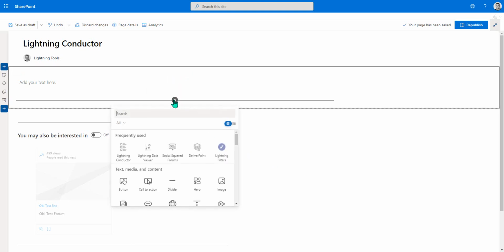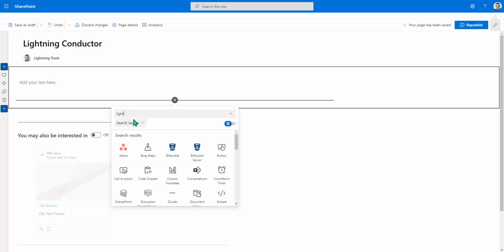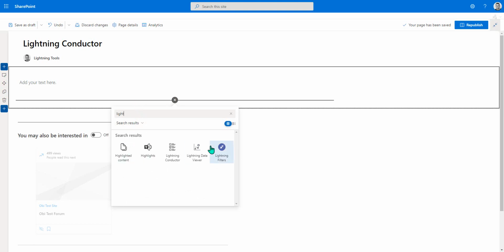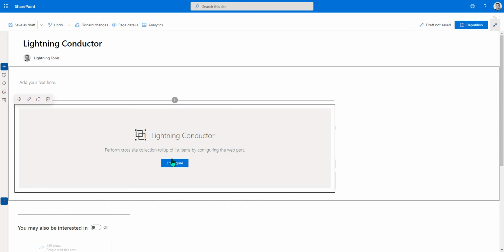So I've created a new page and we're in edit mode, and I'm going to go through and hit the add button so that we can go through and select the Lightning Conductor. Now it's showing under the frequently used for me, but if that's not the case, what you can do is just start to search for Lightning and you'll see the Lightning Conductor, and we can go through and add that onto the page. So once it's here, we can hit the configure button, and that's going to take us into